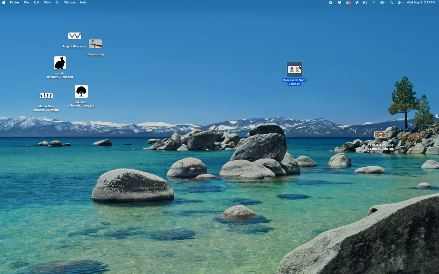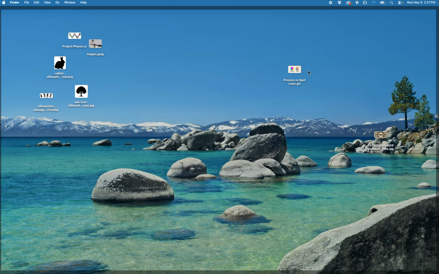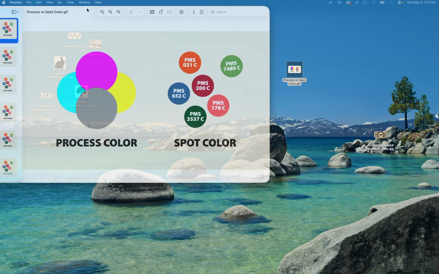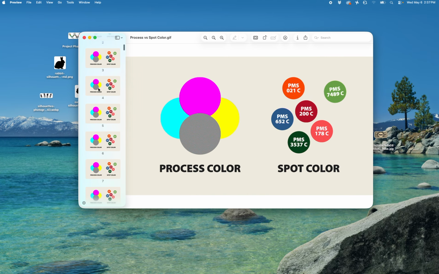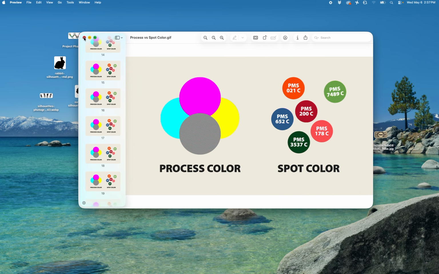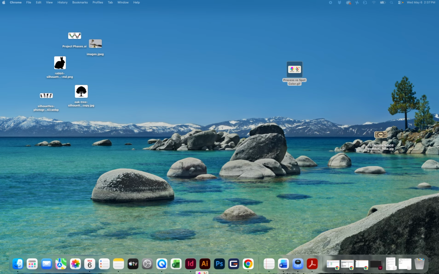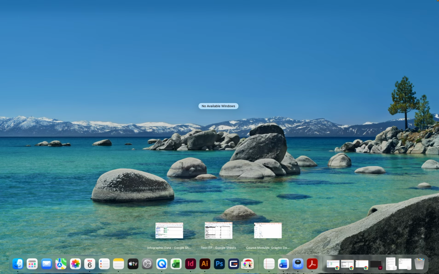So this is my animated GIF that I created on my desktop. If I double click it, it opens up in Preview and shows me every single frame of the animation, which is useless to me. What I'll want to do is drag it on top of Google Chrome or Safari or some other web app, and then it should